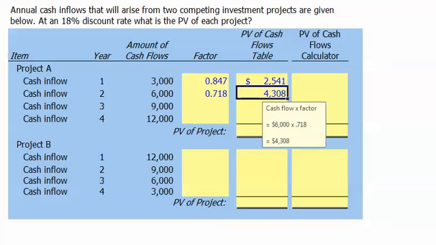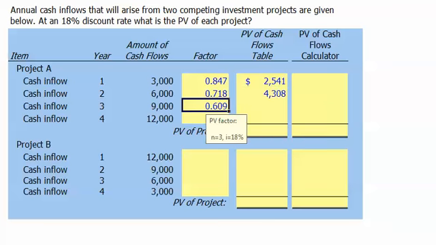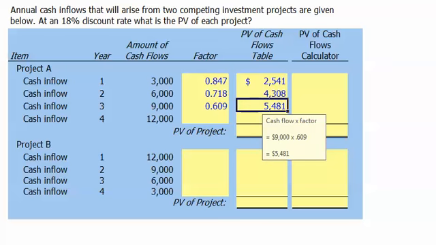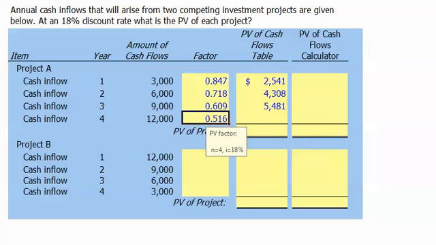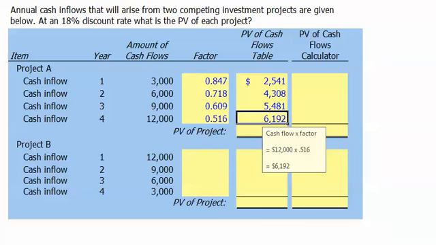$4,308. The $9,000 we receive in year 3 needs to be discounted back at 18% for 3 years. The present value factor is 0.609. We multiply that by the $9,000 cash flow and we get a present value of $5,481. The $12,000 we receive in year 4 needs to be discounted back at 18% for 4 years. The present value factor is 0.516, and we multiply that by $12,000 to get the present value of